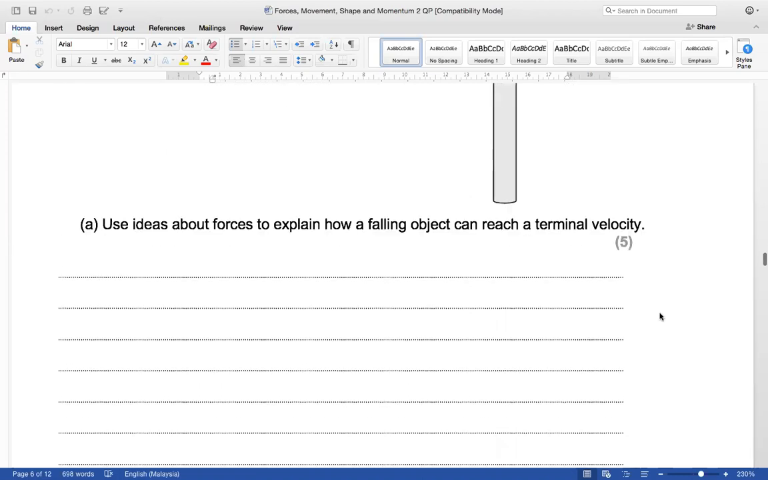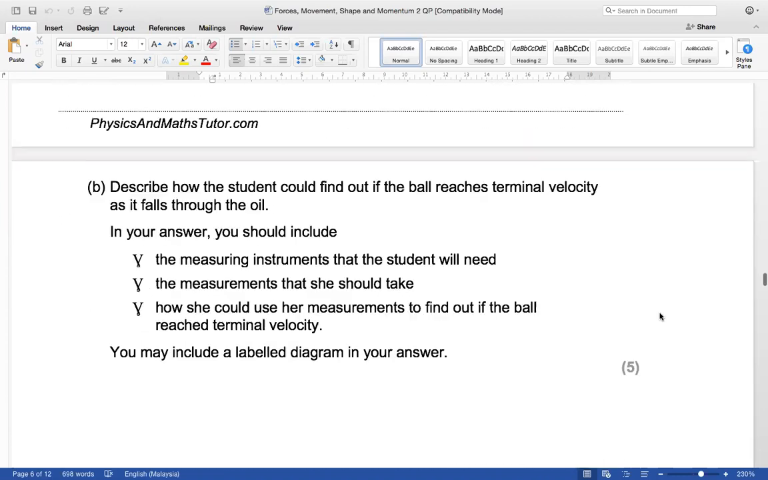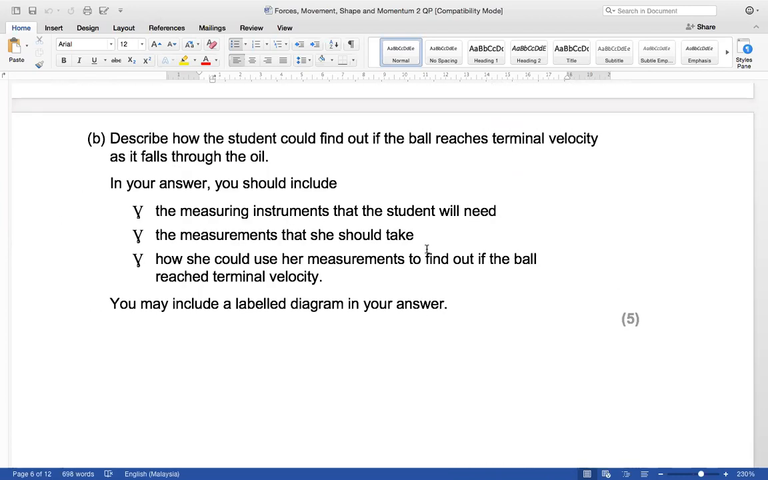Okay, and then it says here how she could use her measurement to find out if the ball reached terminal velocity. So once she gets the measurement of the time and the distance, she uses speed equals distance over time. So she calculates the speed, which equals distance over time. So that's the next point. You want to say, using the formula speed equals distance over time,